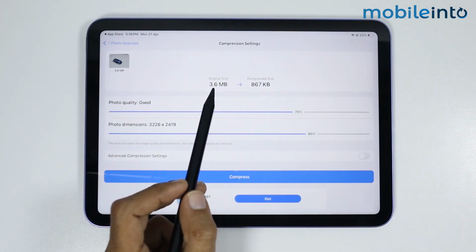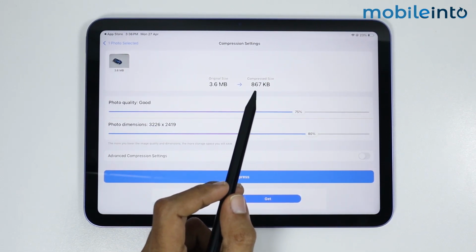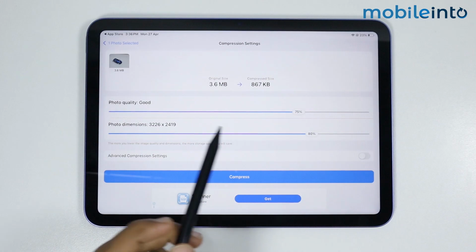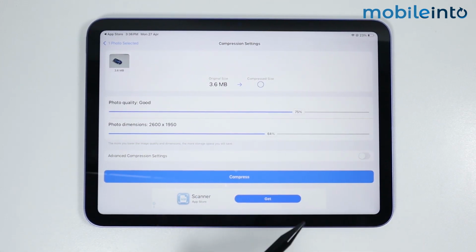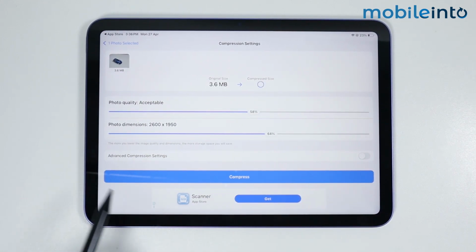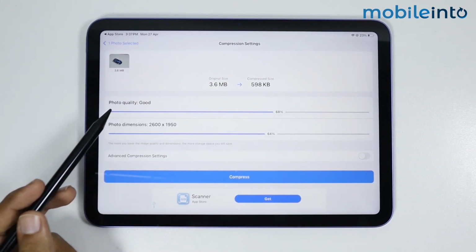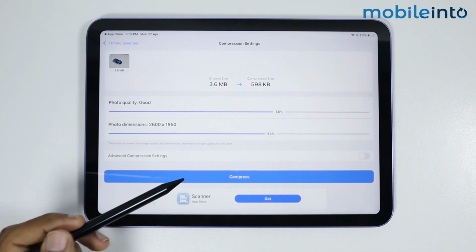Now as you can see, the original size of the photo is 3.6 MB and it can be compressed to 867 KB. Now you can change the dimension of the photo as you like, just like that. And you can also increase or decrease the photo quality, just like that. Now once you have customized the quality and the dimension of your photo as you prefer, then just tap on